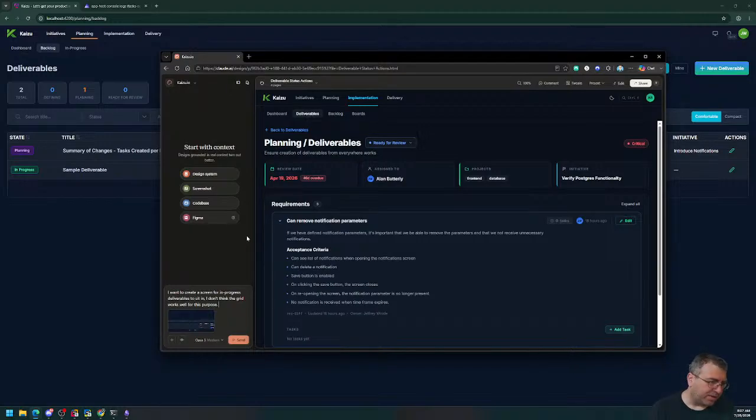So I will make a note to do that after. I think I saw that the other weekend and completely forgot about it. So yeah, I'm going to create a screen for in progress deliverables to fit in. I don't think the grid works well for this purpose. Can you propose some options for